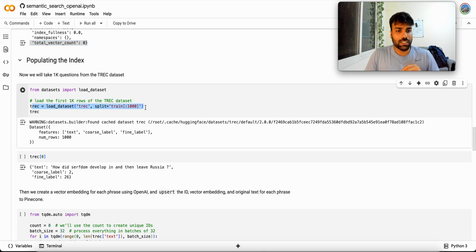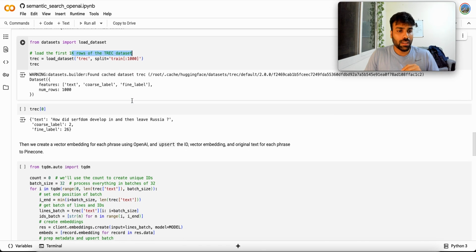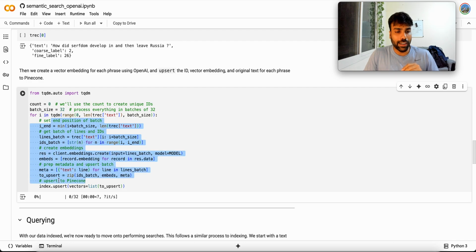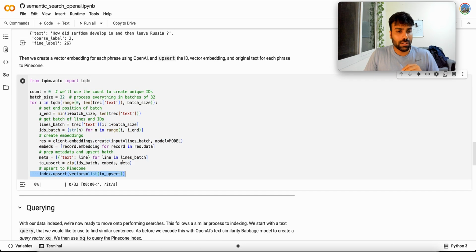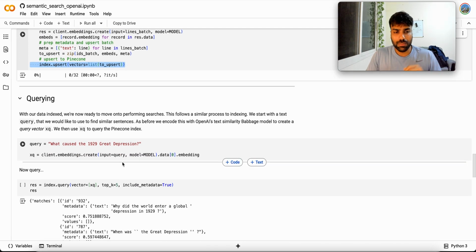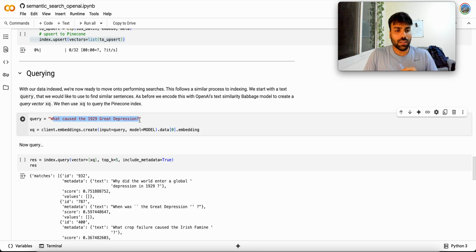This is where we are populating the data. We are loading the first 1000 rows from the dataset, and then storing all this data with a batch size of 32 in my Pinecone index. Once all the data is ingested in my Pinecone DB, we can query it. Say you have a query; you can create the embeddings for this query using the same command,